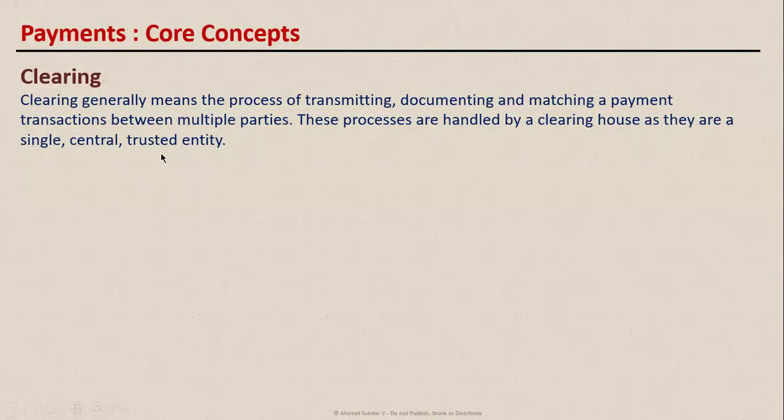So they need to ensure that all the transactions are legal to the best of their systems, and that it's not a sanctioned transaction, fraud transaction or money laundering transaction. They have to ensure that the communications are all secure,